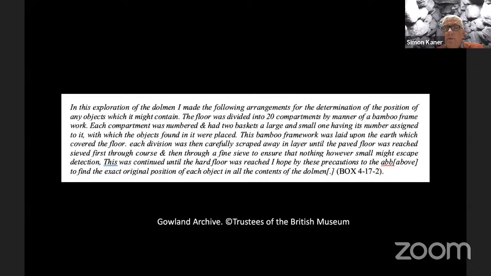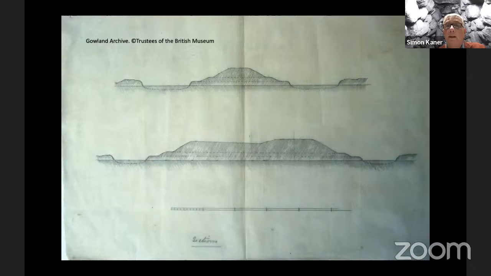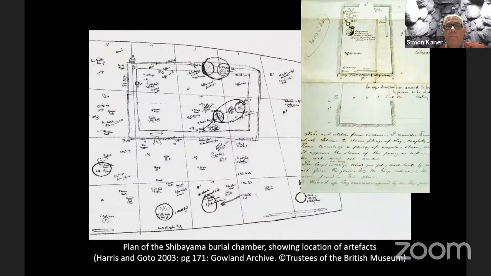One of Gowland's tremendous contributions is methodological. The work by Edward Morse in 1877 at the Omori Shell Middens was really literally just a digging out of shell middens to find artifacts. Gowland used a framework, he used a gridded system to record his discoveries, and rather than just picking up large pieces, he was at pains to gather up all the fragments of the materials that he was encountering in the tombs. He left detailed plans and sections of all the tombs he visited.